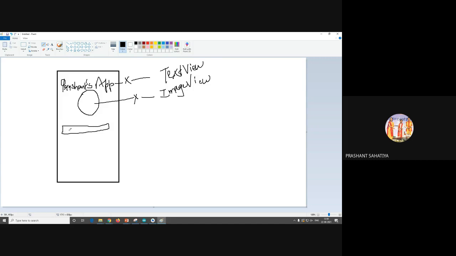Okay, then I'll be having this kind of edit text. This will be, for example, username. So this is a kind of edit text. Here the user can give the input. This is not for the user, this is just for showing the information, and here the user can give the input. Same way we can have the password. This also will take input from the user, and there will be one login button. I'll make this button very small.